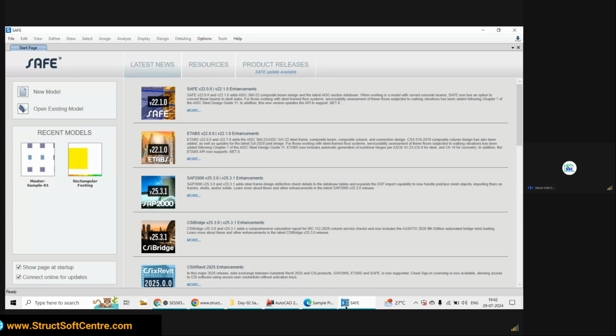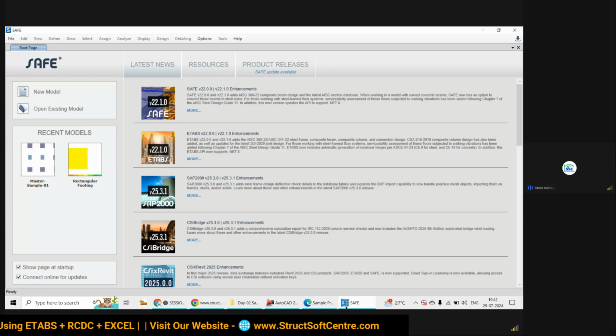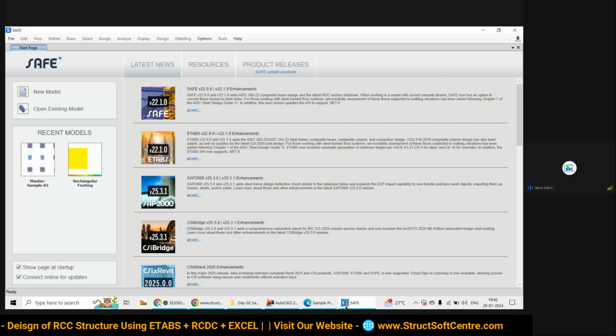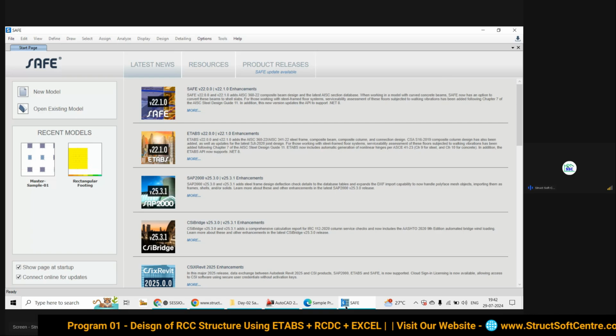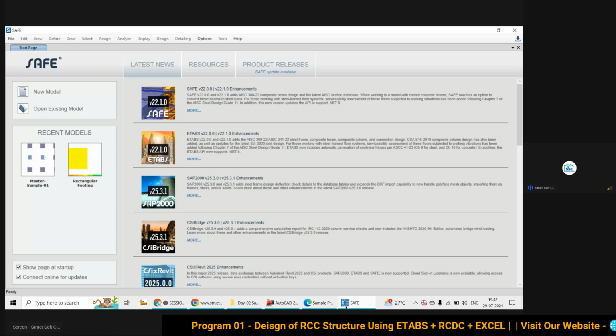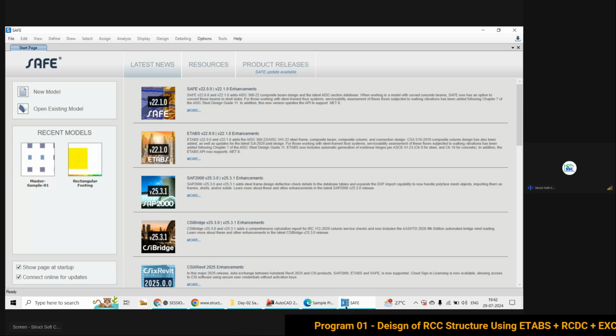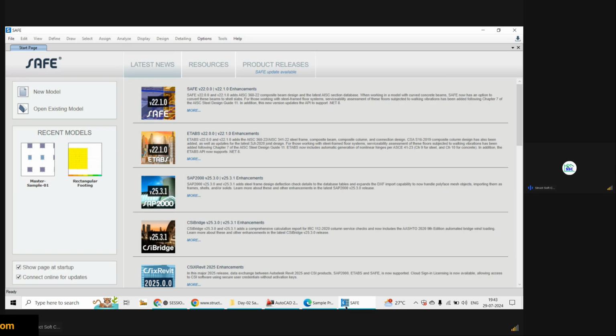So how you can handle the project depends on how much you know about the software. Sometimes people do not know about the software. There are two things with the software: one is the basic approach to handle it, another is the smart approach for handling the software. Both of these things we are trying to understand here first.